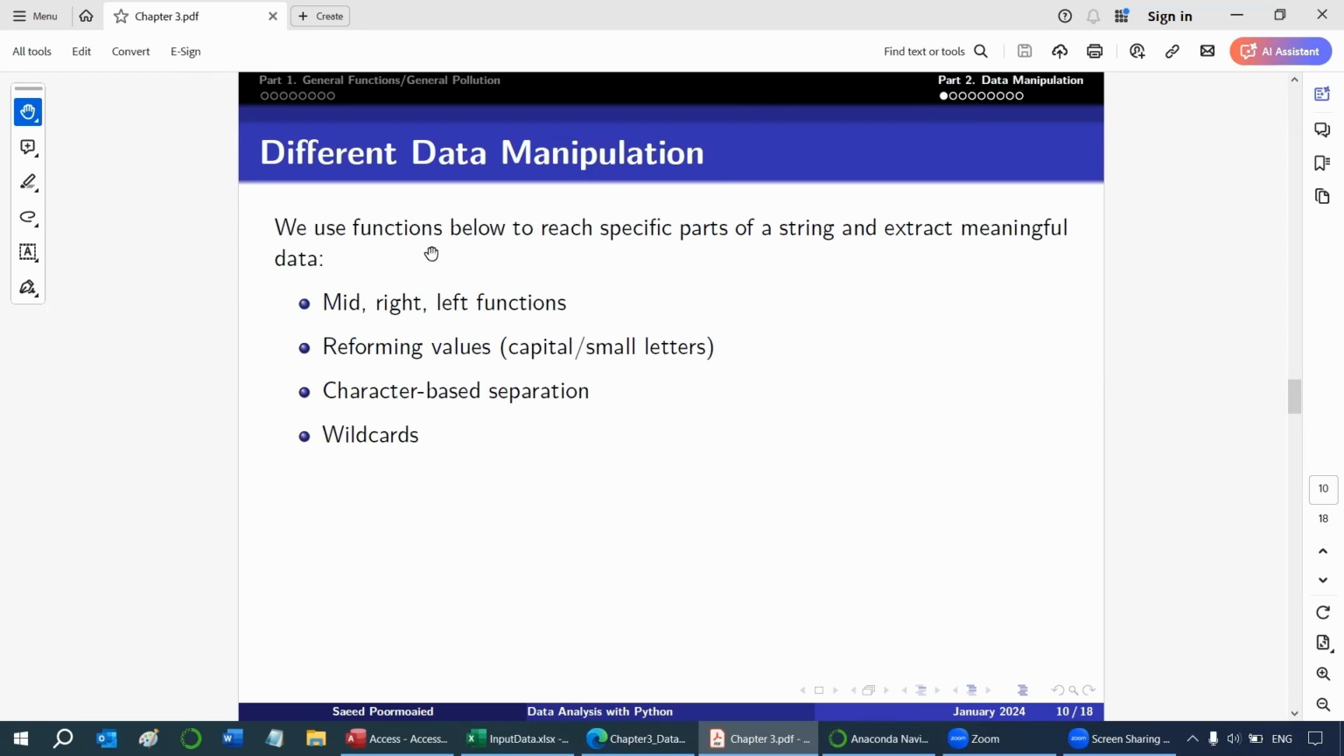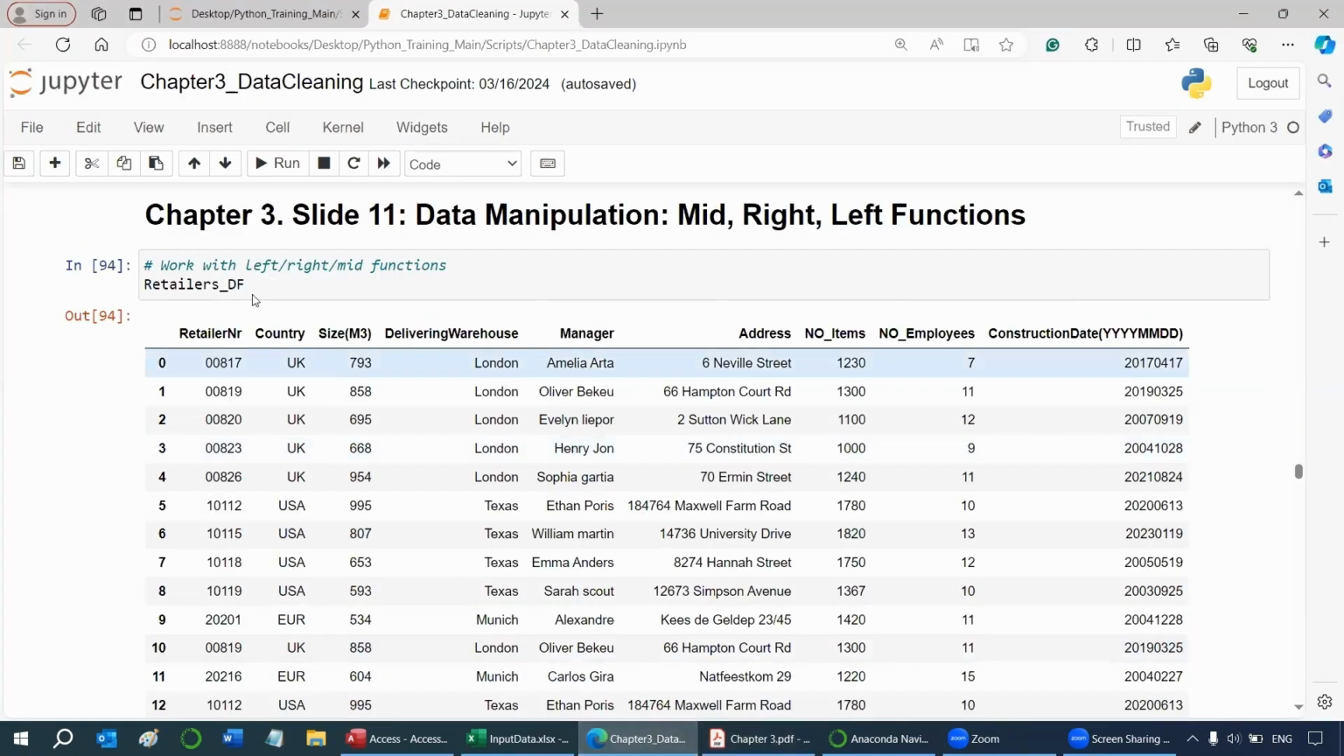Here you can see the topics that I want to cover in this part. First, I address mid, right, or left functions. Next, reforming values. Then I will explain character-based separation, and finally, wildcards. Again, I use our Python script to explain these topics. So let's go to our Python script and proceed with the first type of data manipulation, which is mid, right,